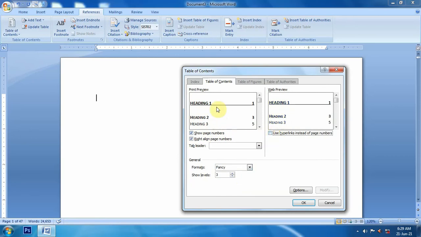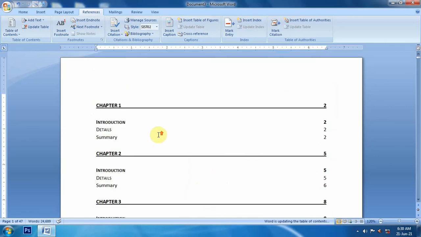If we keep this option on, it will work like a hyperlink. If this option is off, it will work as a label only, not a hyperlink. It will show or hide page numbers, it will align the page number left or right, and it will show entry levels. My document contains 4 levels of headings, so we will say 4, otherwise only 3 levels will show in the index. So like this we can insert an index which is like this.